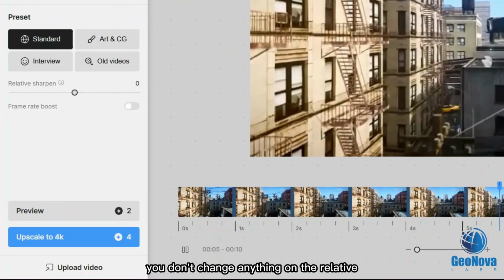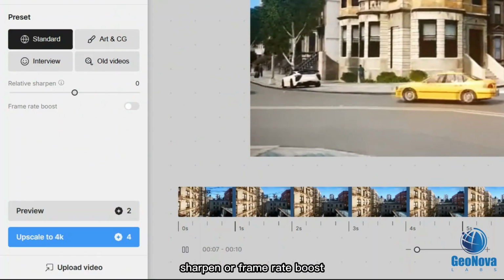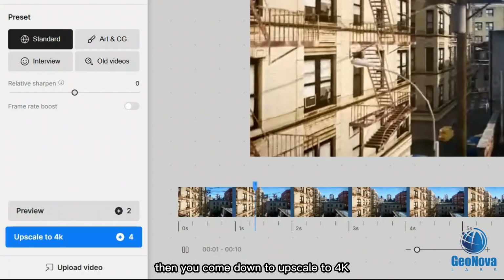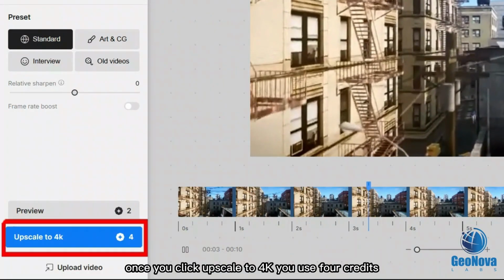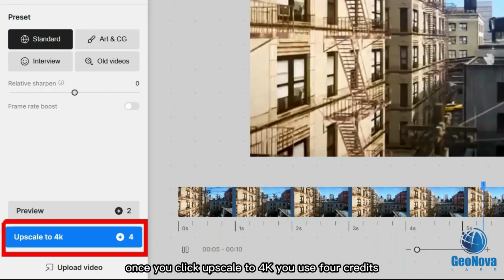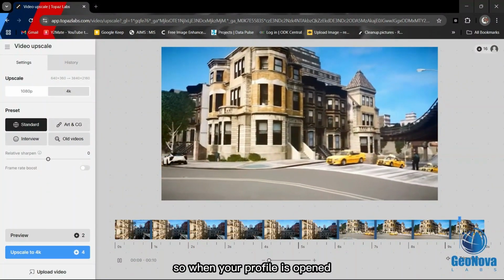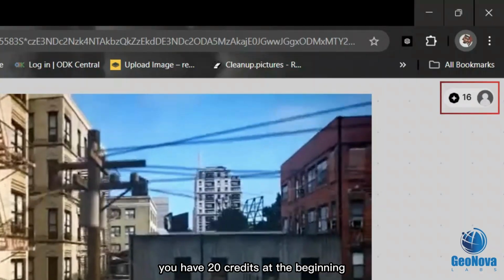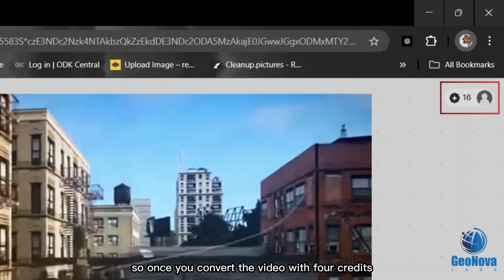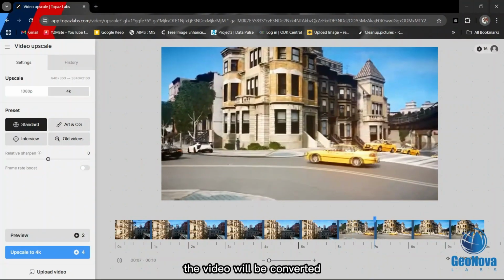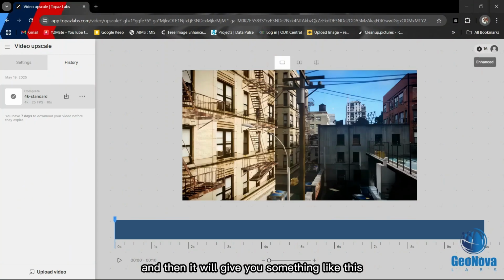You don't change anything on the relative sharpen or frame rate boost. Then you come down to upscale to 4K. Once you click upscale to 4K, you use 4 credits. So when your profile is opened, you have 20 credits at the beginning. So once you convert the video with 4 credits, the video will be converted, and then it will give you